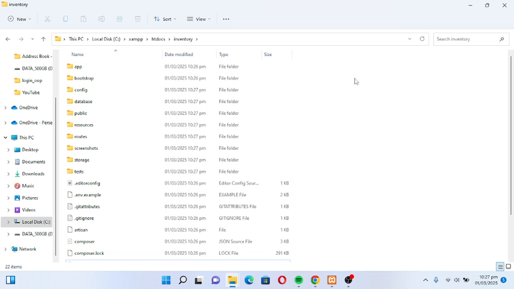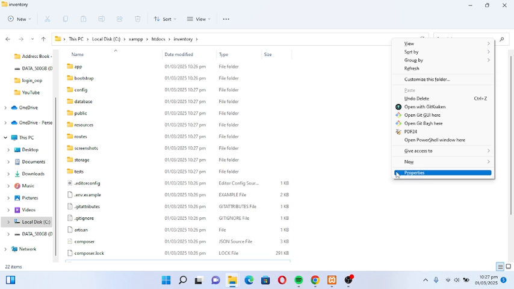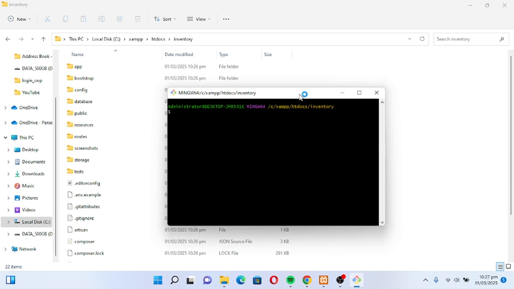Now what you will do is very simple. There are some dependencies here, the vendor folder and node modules, but most of the time the vendor folder is removed because it is not necessary. So right click, go to open Git Bash here. To install all the dependencies, just simply type composer install.